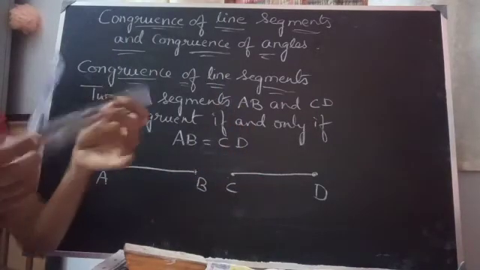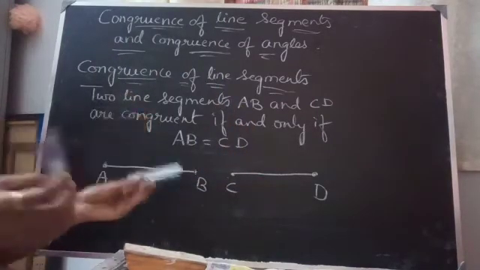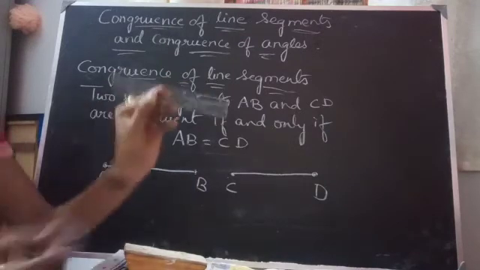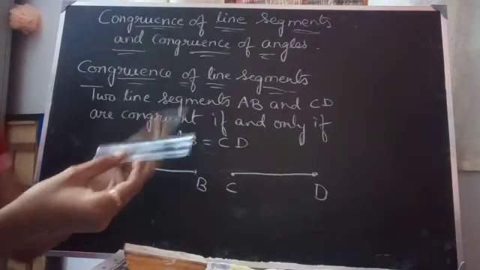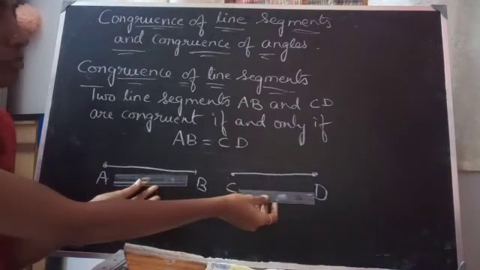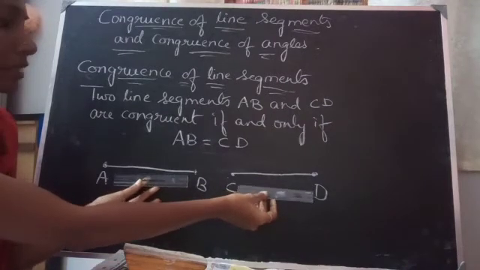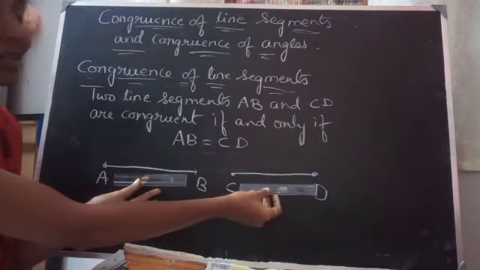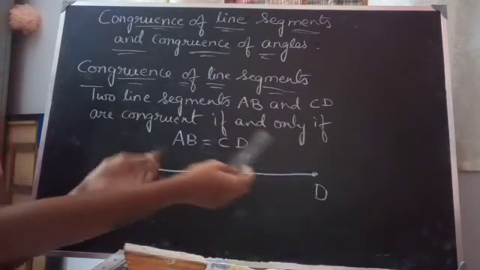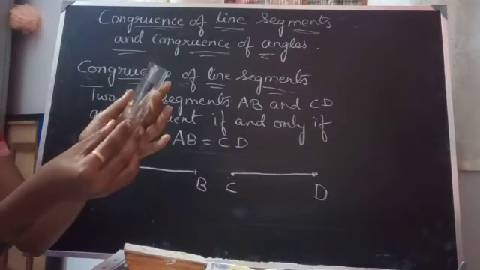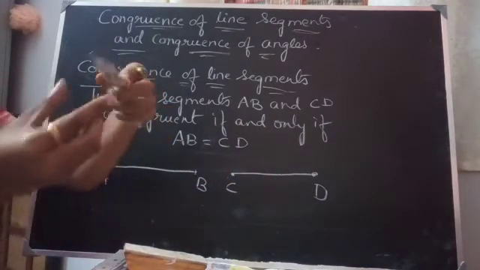Okay, if we consider these two scales of different brands, each scale is of measure 15 centimeters. Consider one as AB and another as CD. Now, if you superpose one scale on the other,